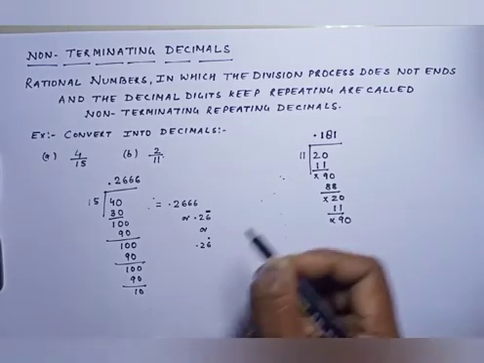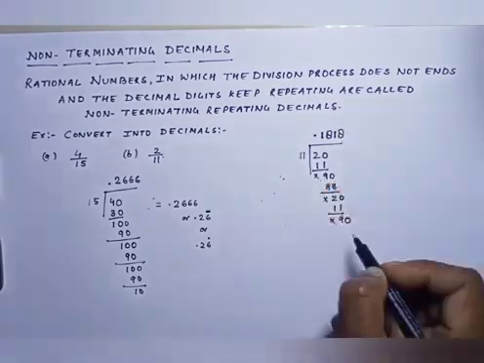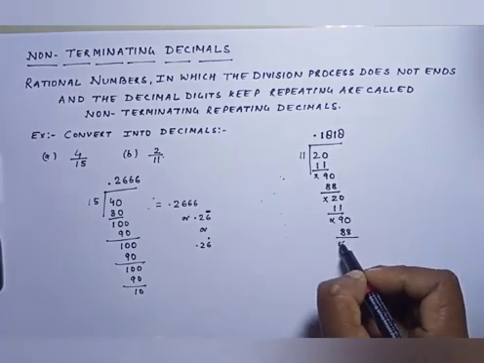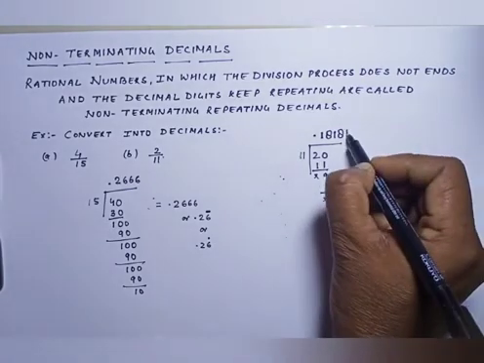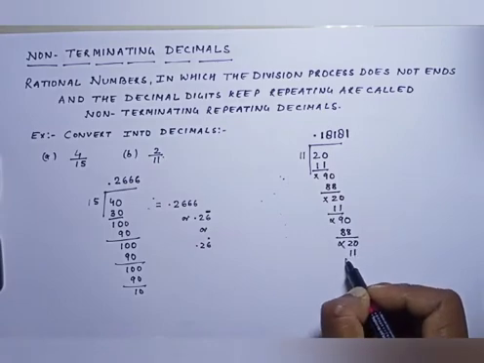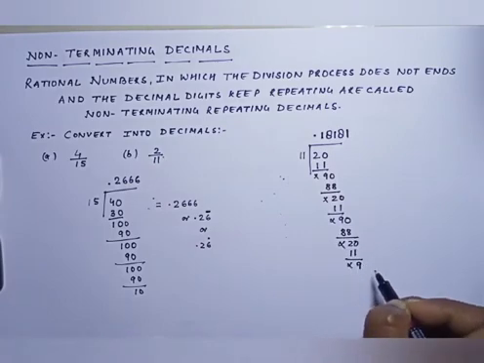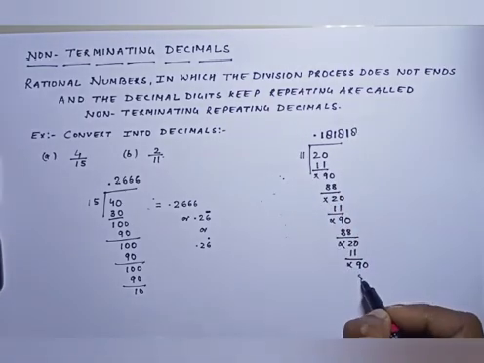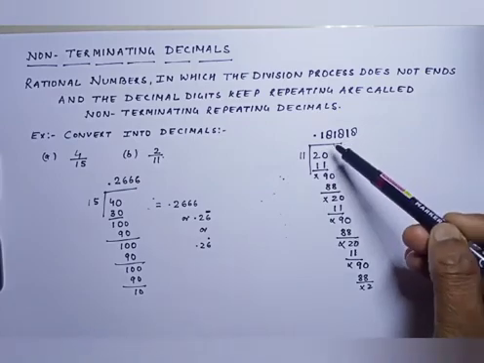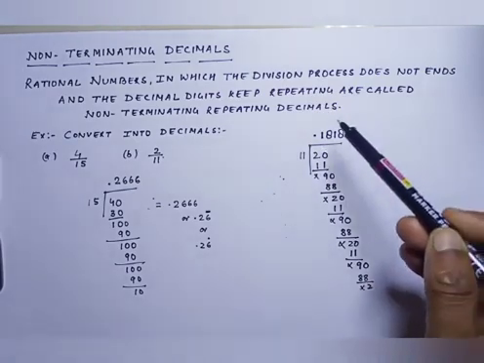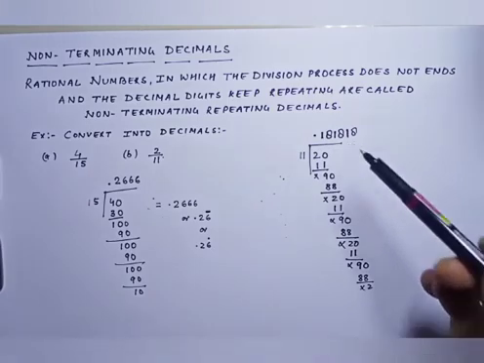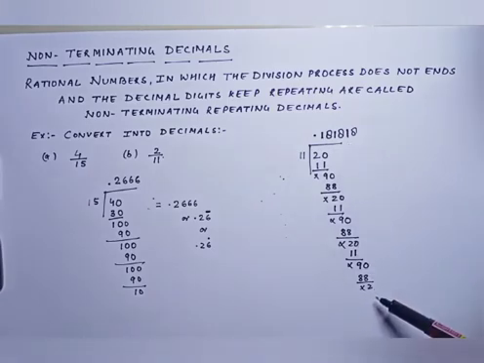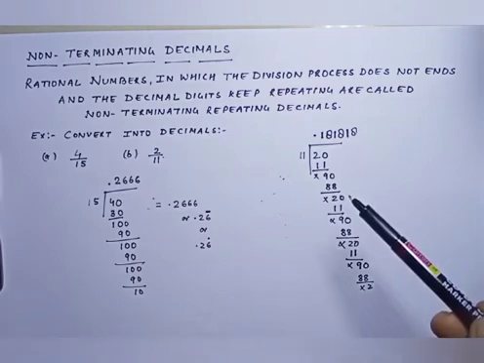Again I am going to add 0. 11 eights are 88. 2 0. 11 ones are 11. Again 9 is the remainder, so I am going to add 0 over here. 11 eights are 88. So we can see that these two digits, 1 8, 1 8, 1 8, are repeating again and again. Again and again the remainder is coming 2. So this is called a non-terminating decimal.